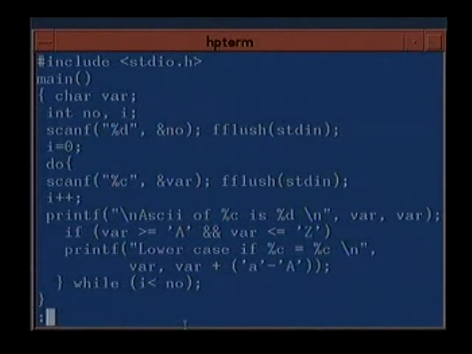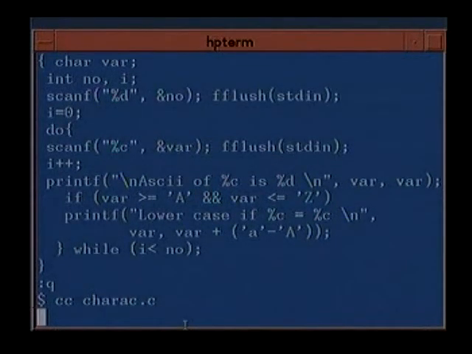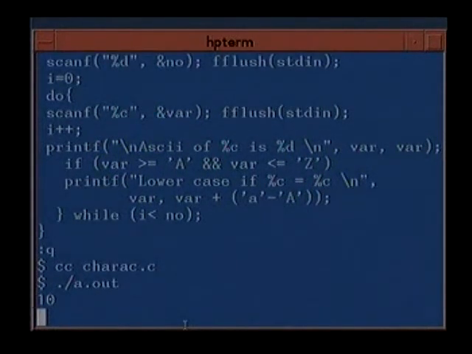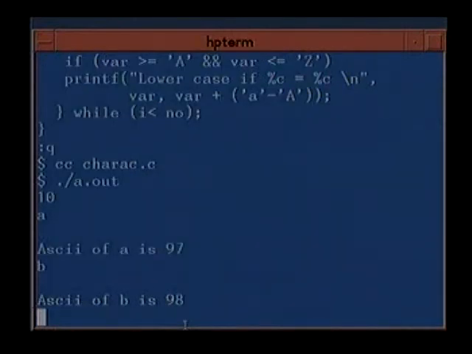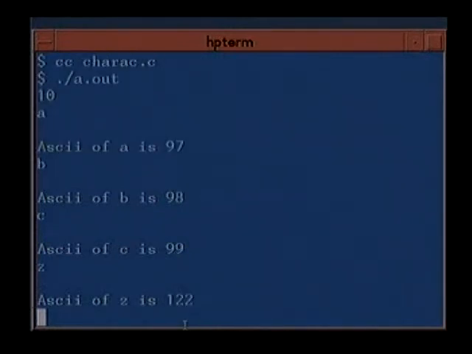So let us run the program. Let us give in some 10 numbers we will input, and let us first give in only small lowercase characters to see what the ASCII values are. a, the ASCII value is 97, b 98, c 99, z 122, y 121.